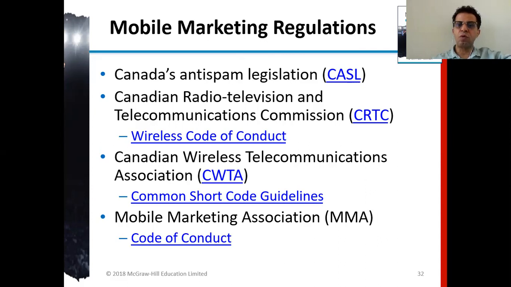But back to mobile marketing regulation, what do you call Canada's anti-spam legislation? You can read them when you get active in mobile marketing. There is something called mobile anti-spam legislation.